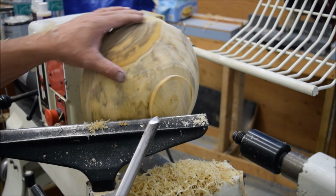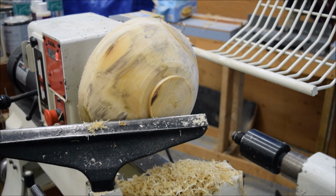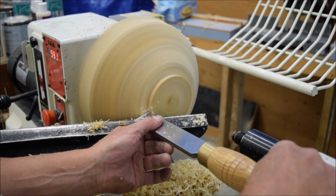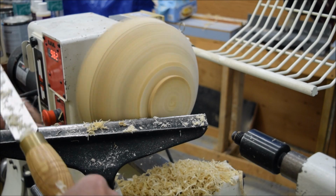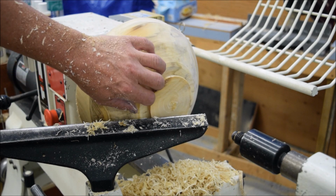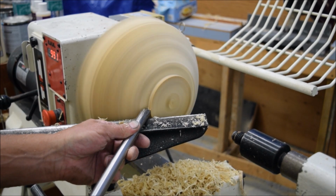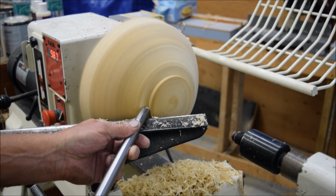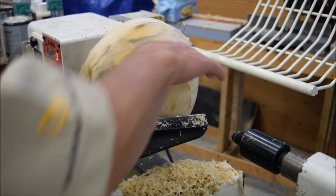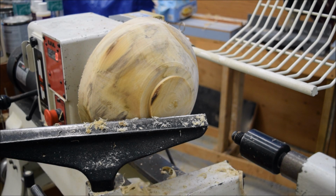A nice finishing type cut, and I'm down to the bark, and I'm down to some cool spalting, and I need to flatten the bottom of that tenon out. I have a little bit of wobble. And I've also got my dovetail tenon on there. And now we're going to turn it around, and I'm going to core it out with my